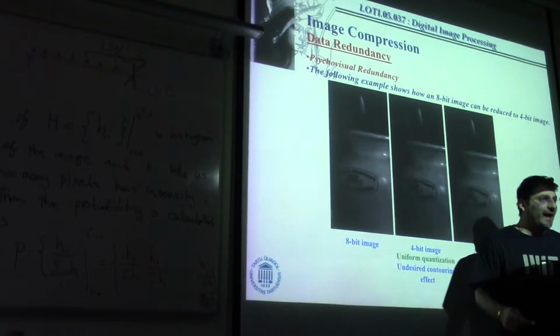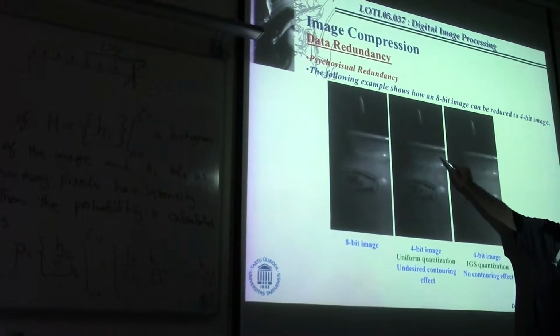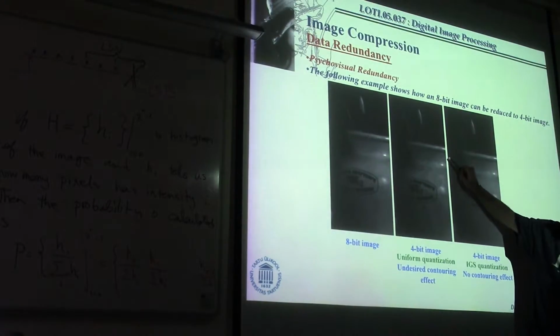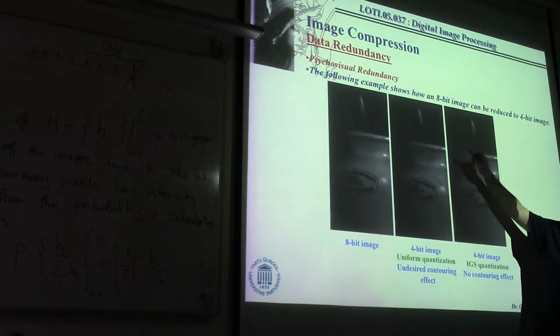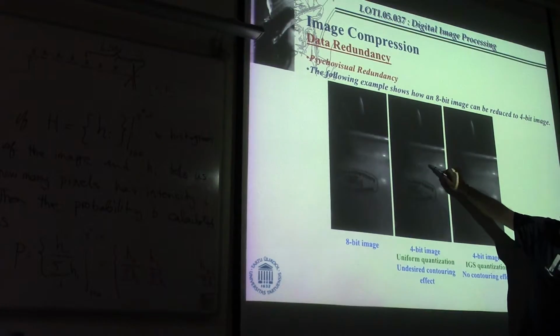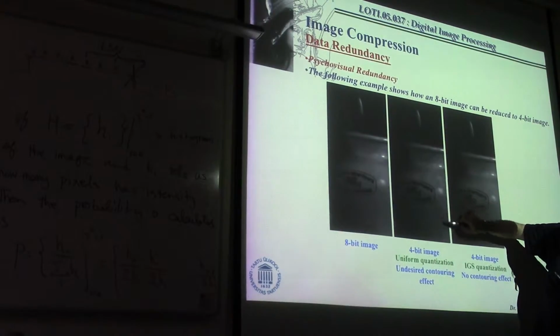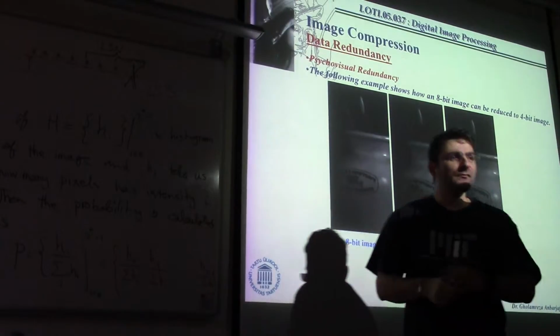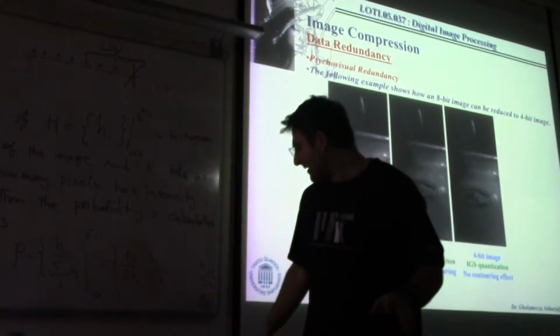As Ulari mentioned, what happens is I start to have this contour effect. It's called contour effect, because now that there is no light, Egil is sleeping now, but now what happens is we can see these lines. We introduce this line, and this is not good. This is not good in a sense that